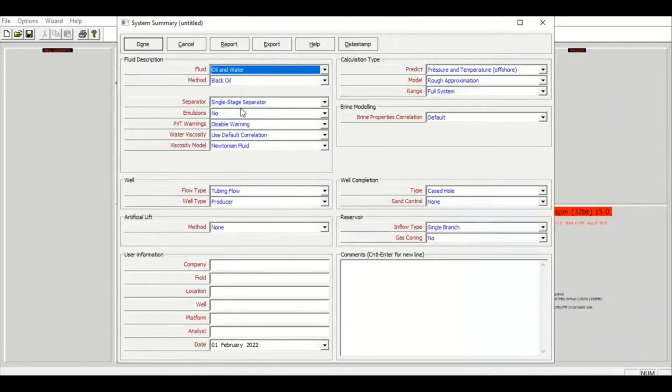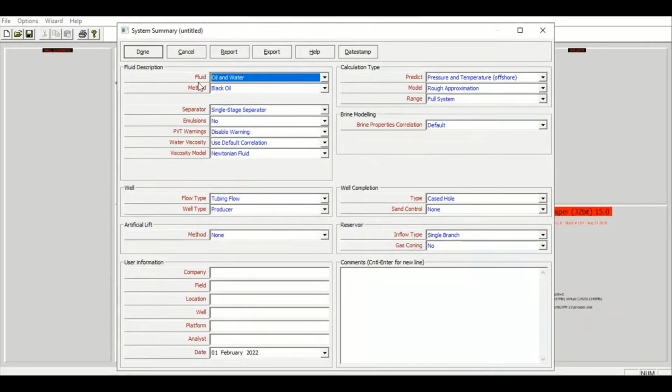Okay, you can follow me. For the fluid description, we will select, open the drop-down menu. Right, wait a minute. Dry and wet gas. Okay, method black oil, single stage separator,